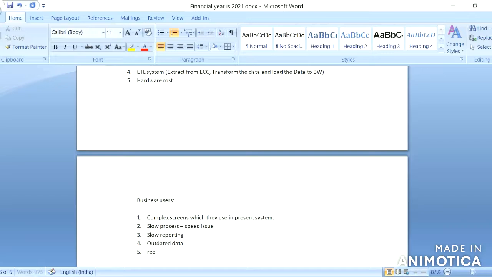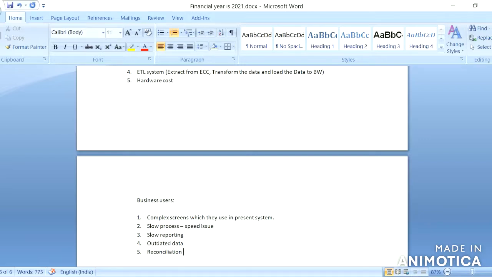And also reconciliation. There is a problem, as we discussed even before, as all the components are not integrated, there will be issue in the reconciliation of the data. Maybe if we post to FI, that might not be transferred to CO. If they post in CO, that might not be transferred to FI.